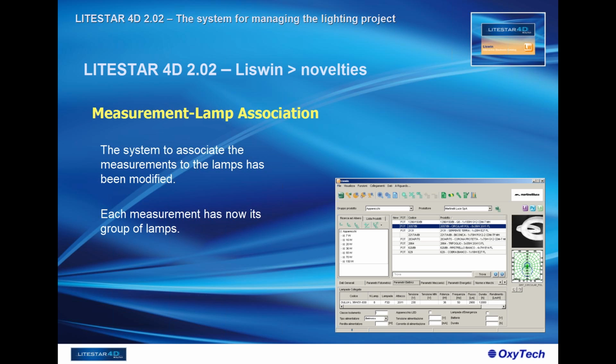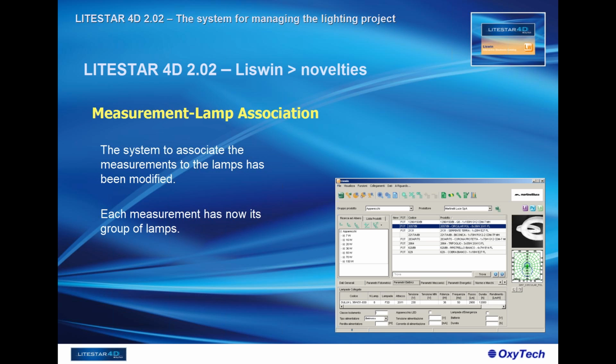It means that in this case, Liswin was capable of managing only measurements coming from different positions of the same lamp inside the optical system. But the Liswin was not capable of managing, on the other hand, luminaires including different lamps, which is coming down to